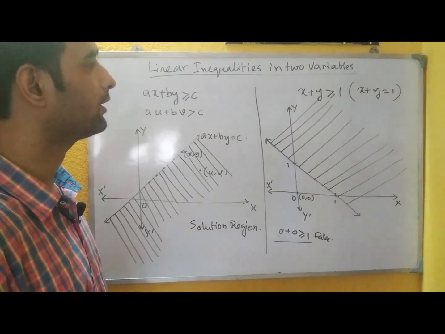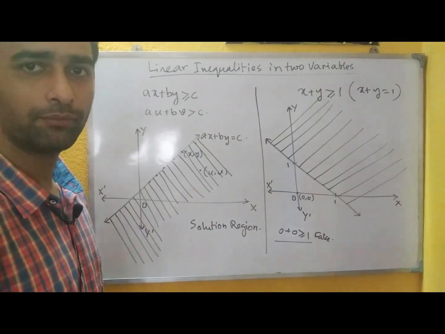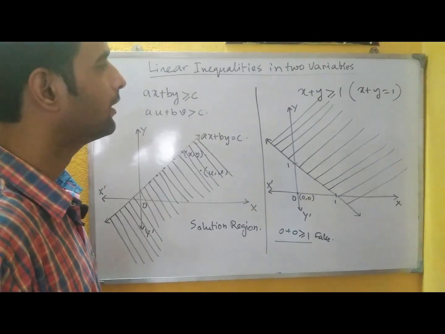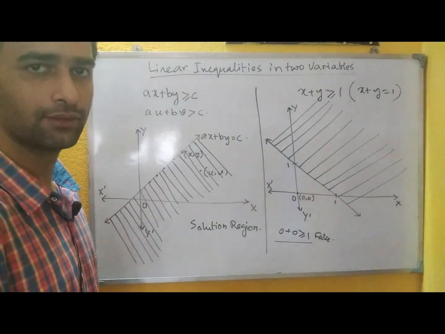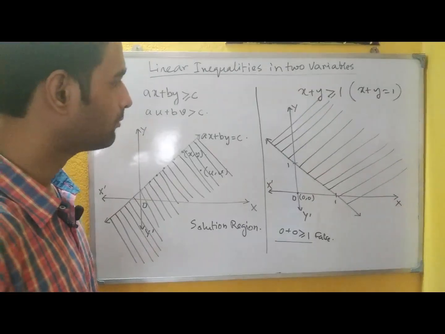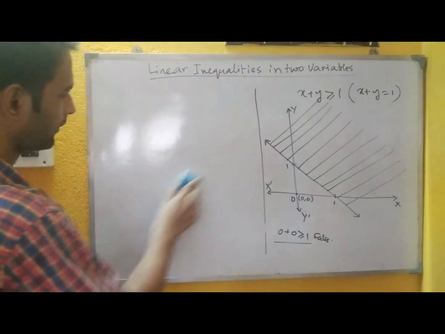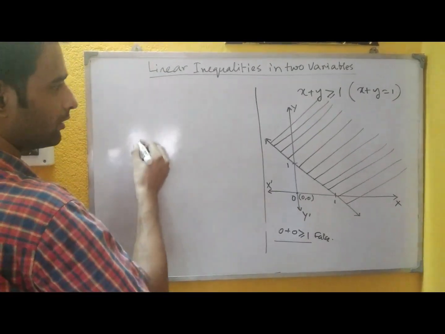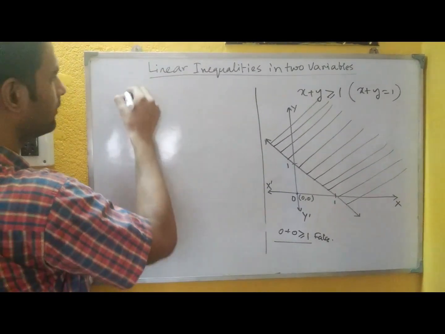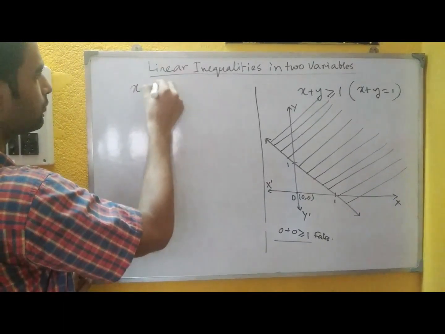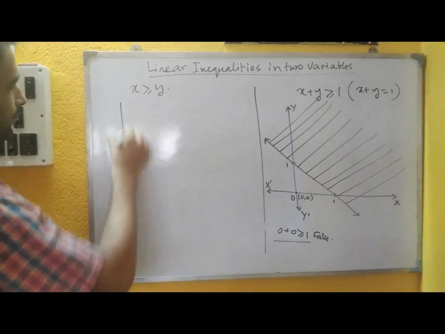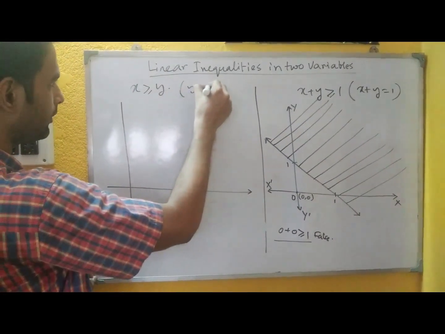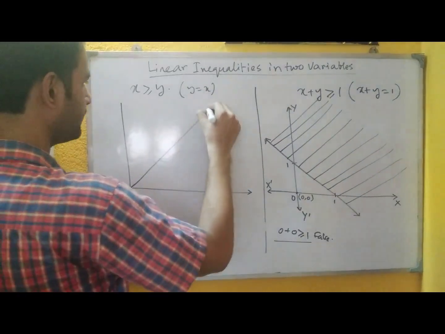Now suppose we are having multiple lines at a time. So we will do the same thing for all the inequalities and find the common region in that case. Suppose we are having another line here. Say we are having the inequality x greater or equals to y. Then see, if you consider the equation, it will be y equals to x, and this is the line y equal to x.